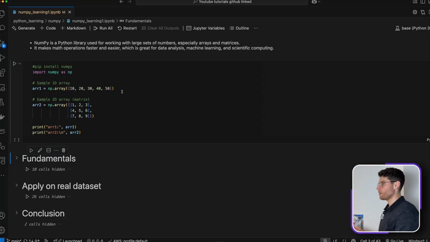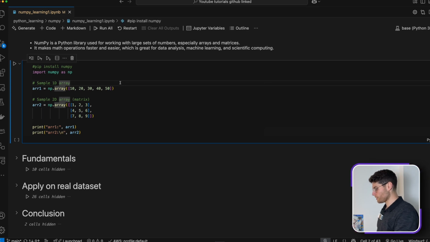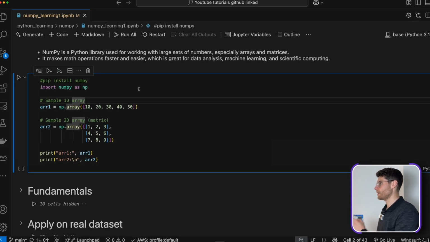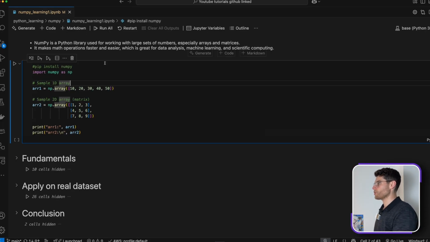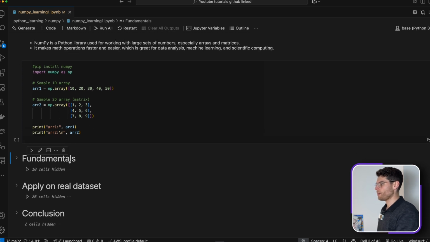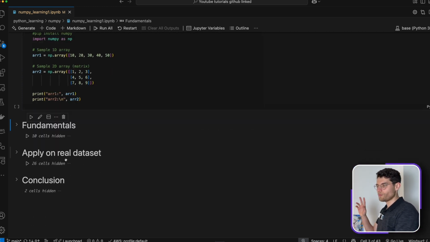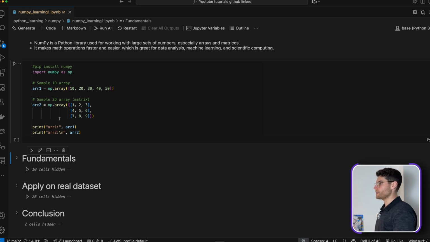Okay, so here we are now on my computer. We are on VS Code. It's the IDE that I use for my coding projects. And here you see that we have it split into two main sections, the fundamentals and applying on a real world data set. Here I have a brief definition of NumPy, which is basically, as I said, the library to